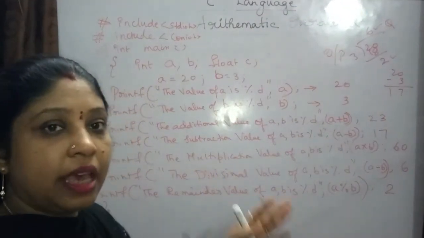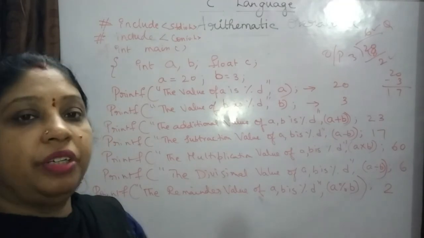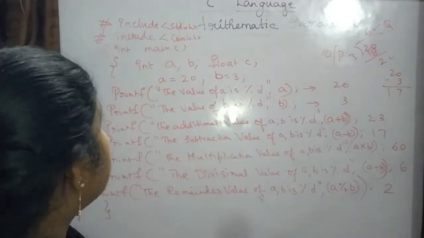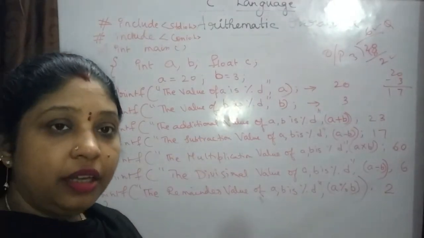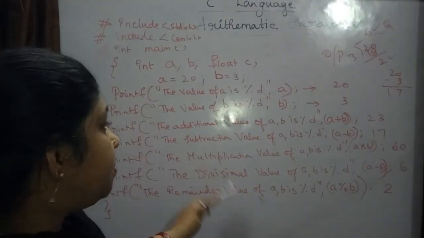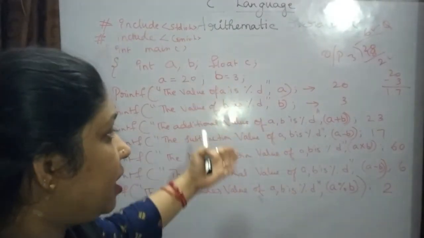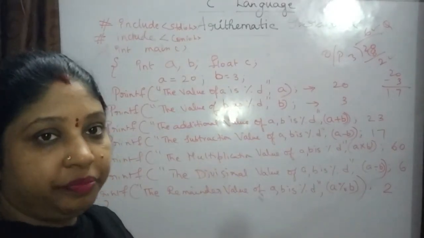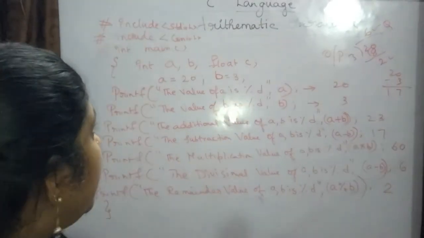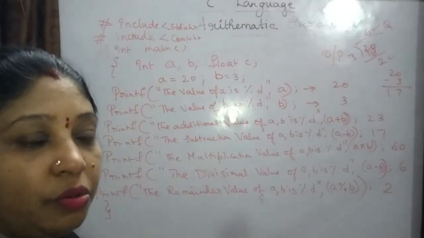This program is an example of all the arithmetic operations, how you perform them further in the program. All those things in the form of an example I have given. So this is how all the arithmetic operations are done and how you use them in the program, in the printf statement or scanf statement or whatever it is. How you are going to use those arithmetic operations I have explained in the form of one program example. Still, if you have any doubt in this example program, please comment through the comment section. I'll try to clear it.